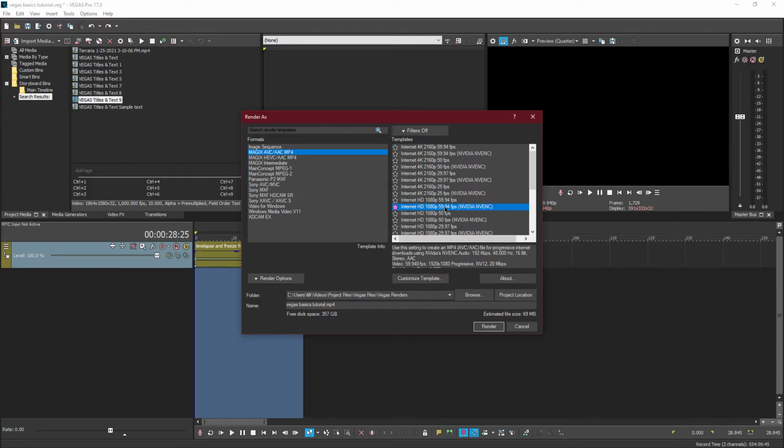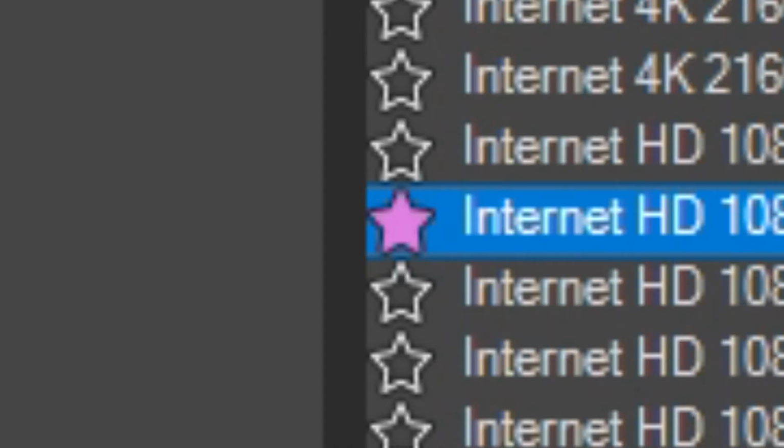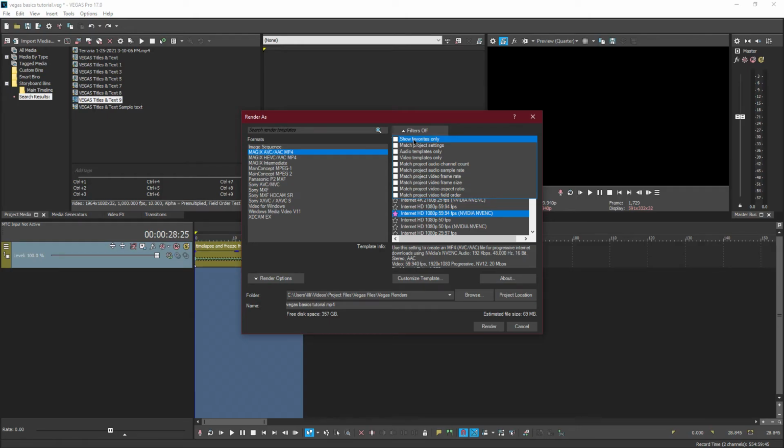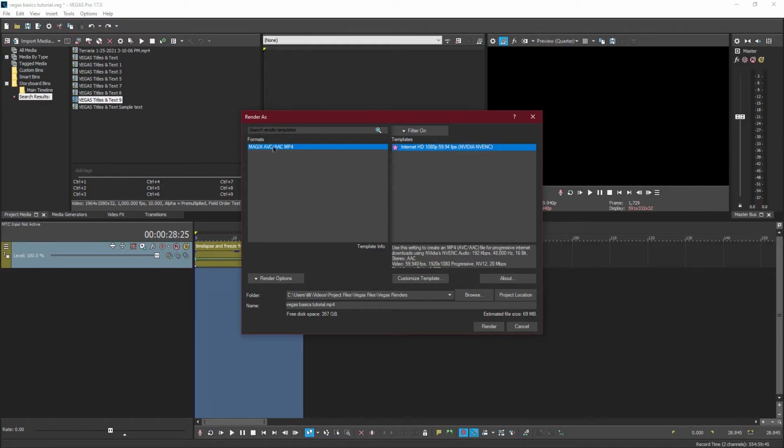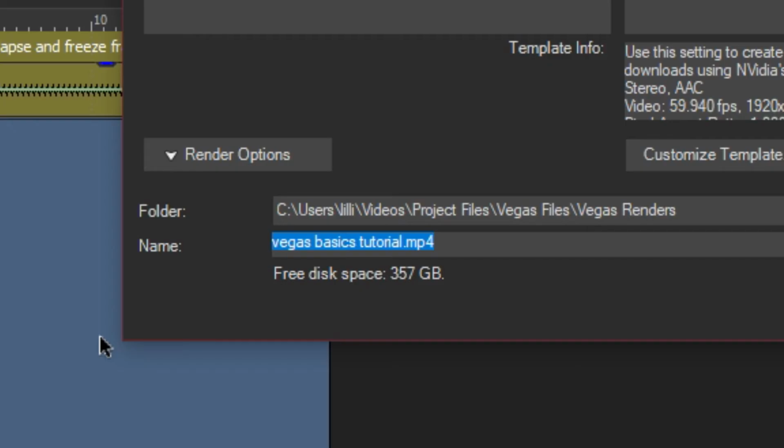What I normally do is 1080p, and what I did was I clicked the favorite option on the one that I can render with, and then I click show favorites in the filter, so all I get is this, and I'm gonna name it Epic Funny Haha